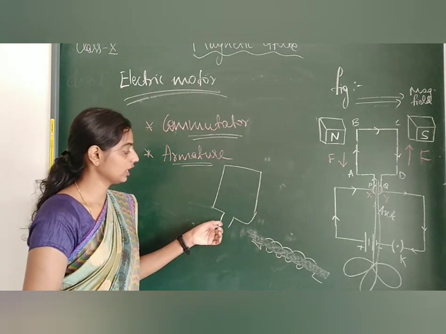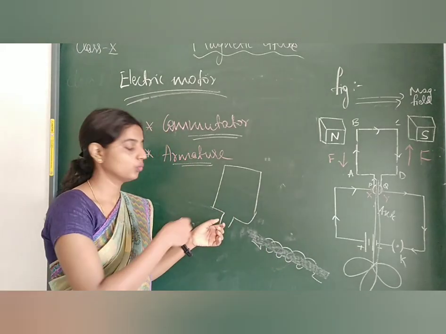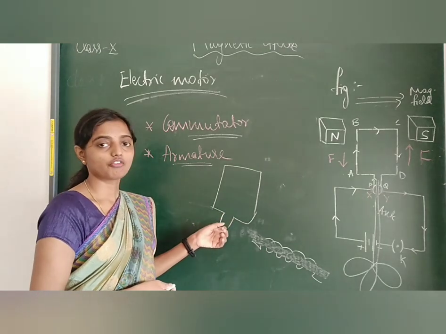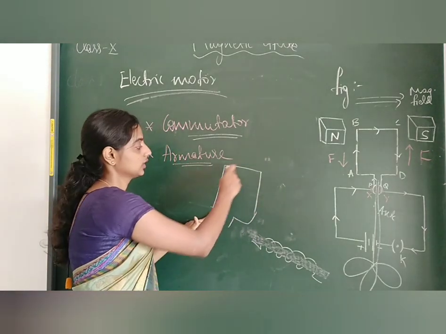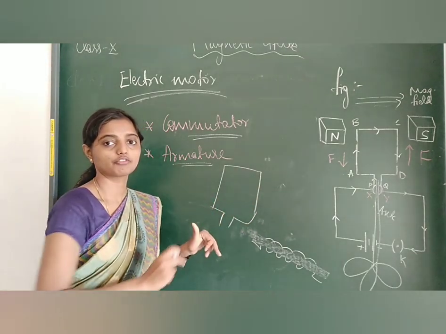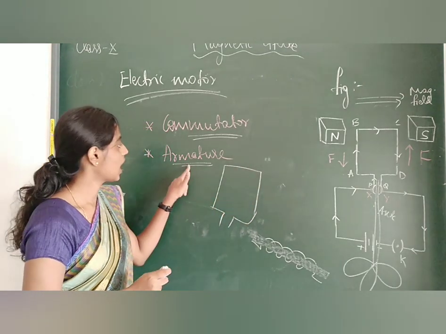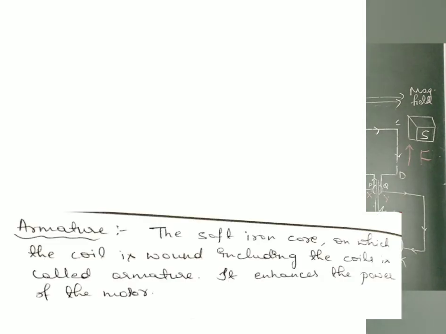In the same way, this coil is wound on a soft iron, and that particular device, that means looping this wire on soft iron, is called the armature. Listen carefully. The soft iron core on which the coil is wound, including the coil, is called the armature,